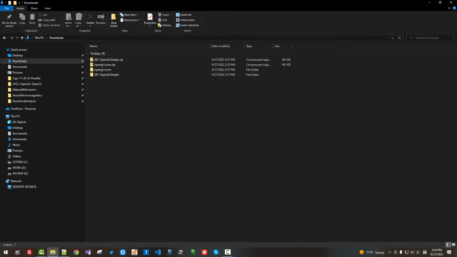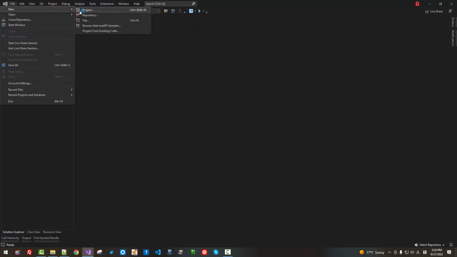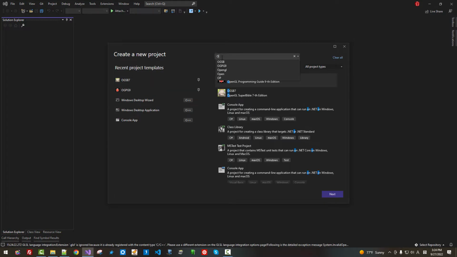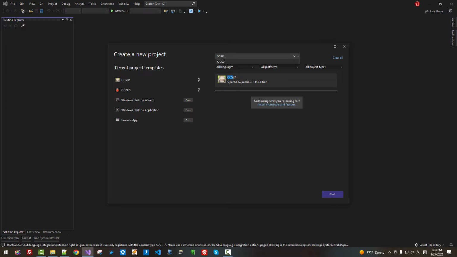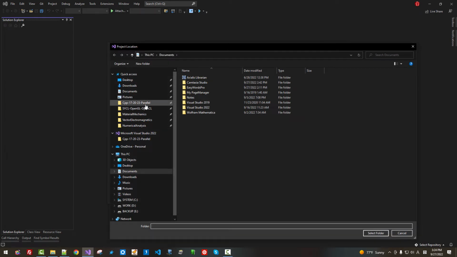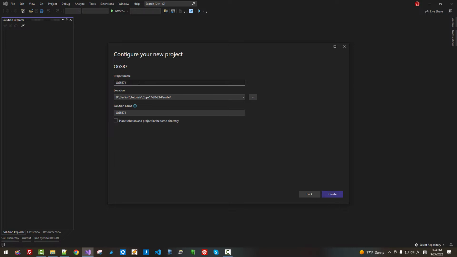Now start Visual Studio. Go to File, New, Project. Search for OpenGL Superbible. Then you can find this project template. Now click Next. Here, select your working folder. Select folder. I will use it as the project name like this. Then the solution name will be